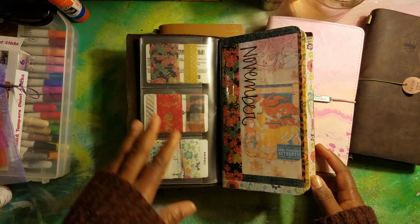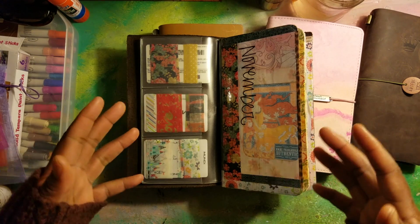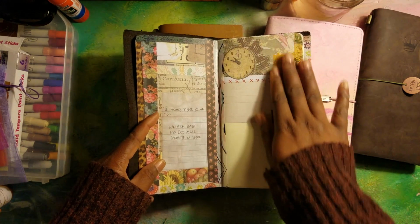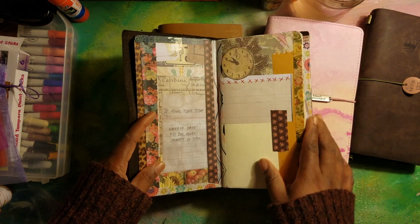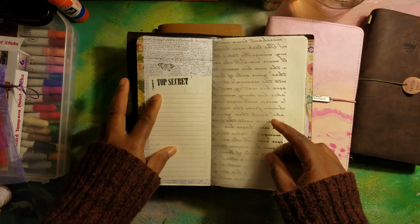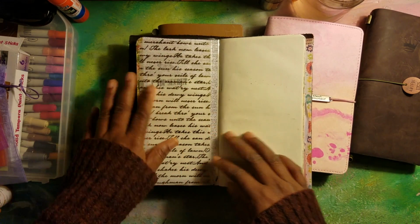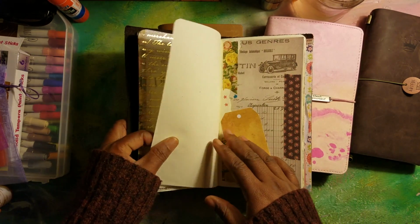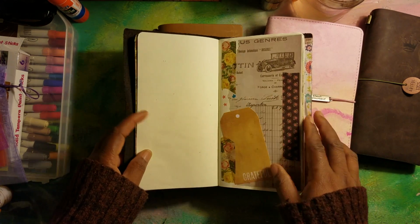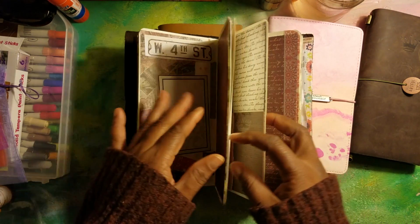And so I'm just going to show you what it looks like without the writing, because I went through and I put down scraps. I wanted it to have a vintage feel, and I used some stamps and some vellum to cover it. I kept some pages blank so that I can do the writing there, as well as places where I've indicated,